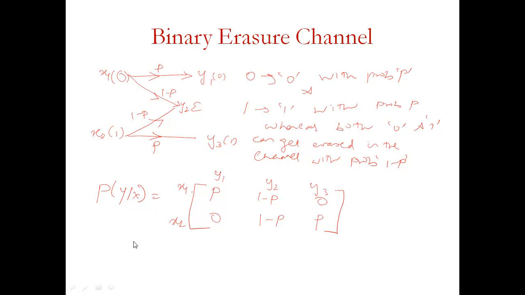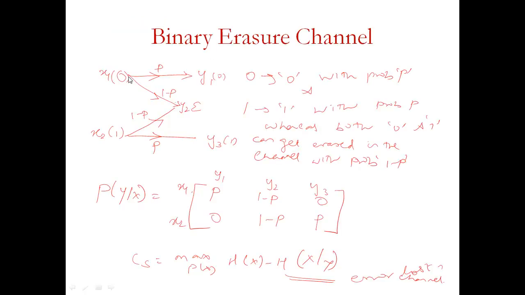Next, we will understand the channel capacity. As I told you, there are two definitions. CS equal to maximum over P of x of h of x minus h of x given y. So now here we will use this one. Why? Because this h of x given y is nothing but the error lost in the channel. So already we know that either there is a correct transmission or there is an erasure. This particular transmission is lost in the channel, with the probability of 1 minus p.